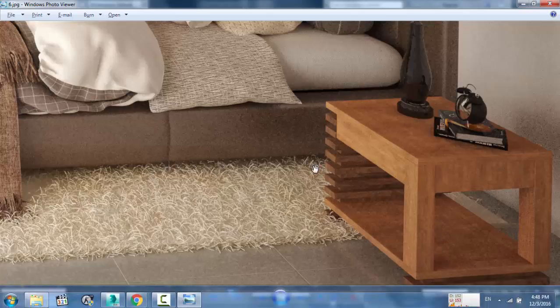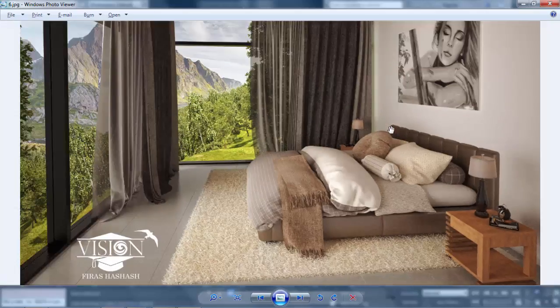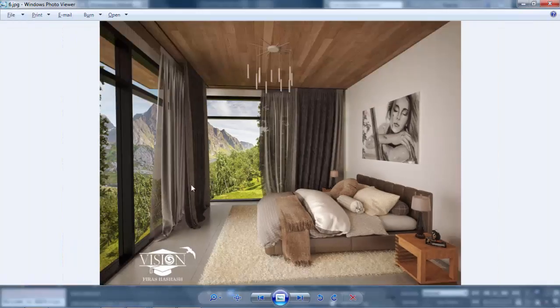I got it from the internet. By the way, to get a scene that is neat and well designed, you need to find a theme for your model.